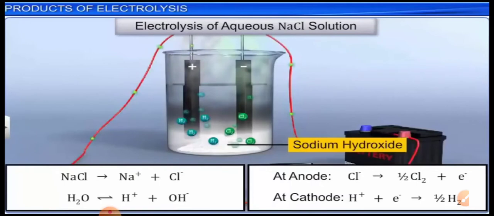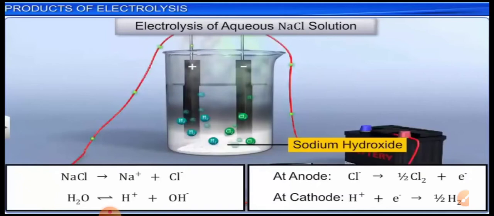First set of ions we have from the sodium chloride. The one cation is a sodium ion, another one, the anion, is a chloride ion. And from the decomposition of the water we have an H plus ion and a hydroxyl ion. Is that clear? We have a sodium ion and chloride ion from the sodium chloride, and we have H plus and OH minus ion from the water itself.